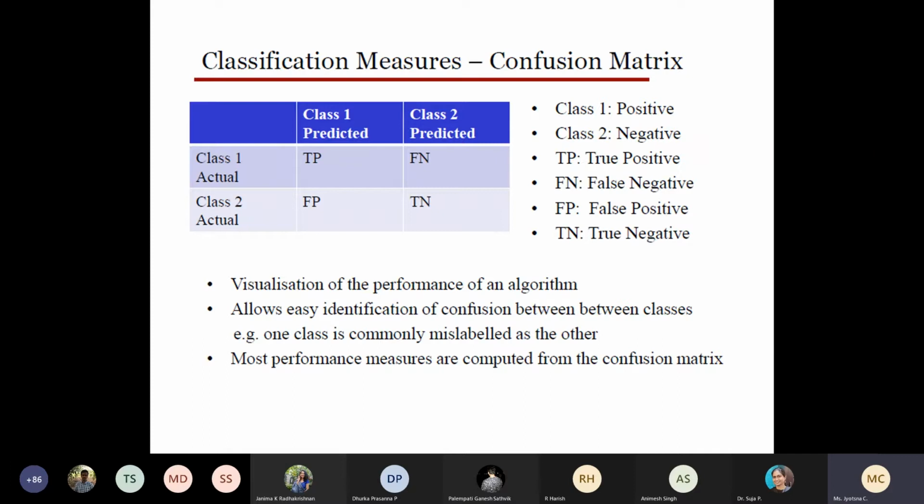The other two are actually errors only: the false negative and false positive are errors. Depending on the application, sometimes false positive may be severe, sometimes false negative may be severe. So when we look at the disease example, COVID or maybe some other disease, which error is severe, false positive or false negative? What is false negative? Actually he is COVID positive but predicted as COVID negative. False positive means actually he is negative but predicted as positive.